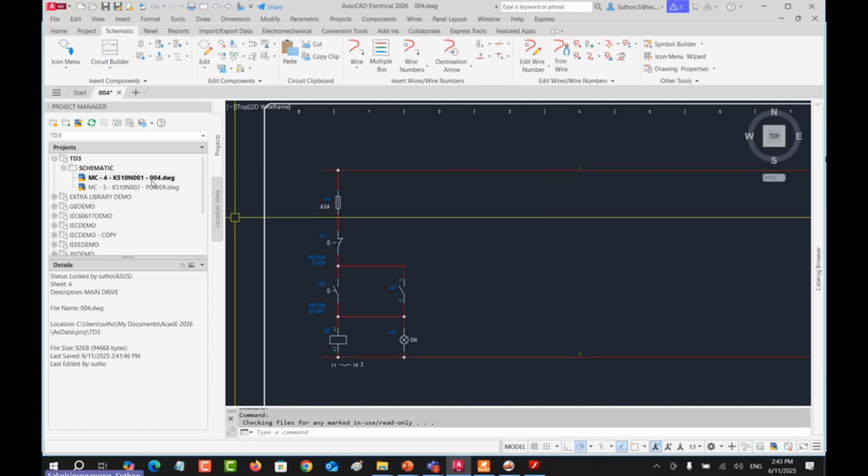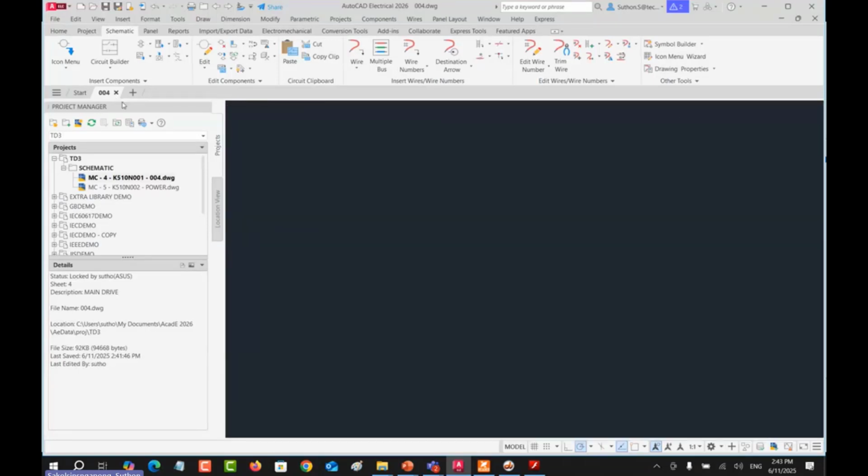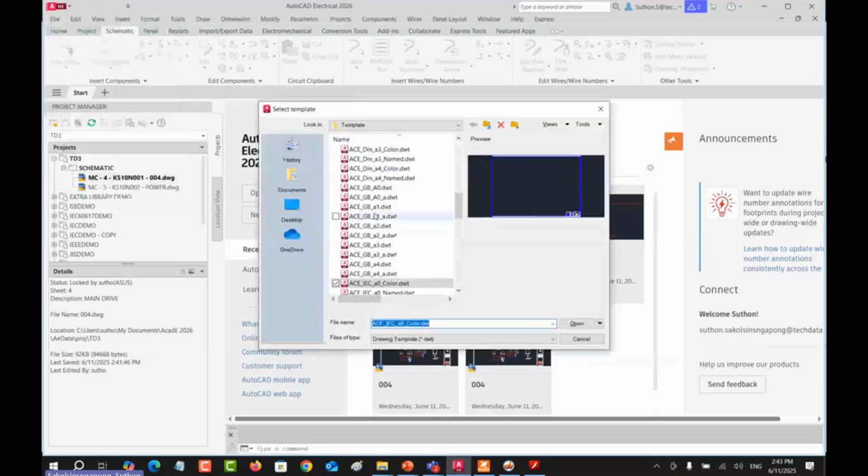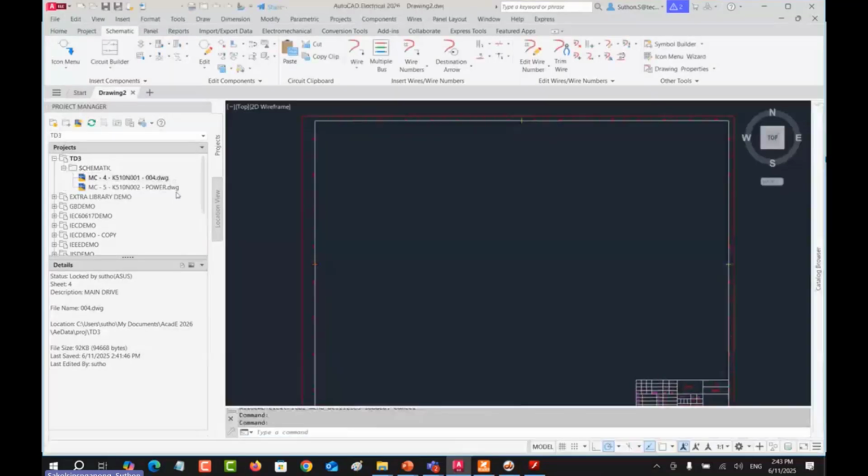Why can we change the drawing number? Because it's open, right? You have to close this one and then open some random drawing to make the command active, and then you can rename again, control.